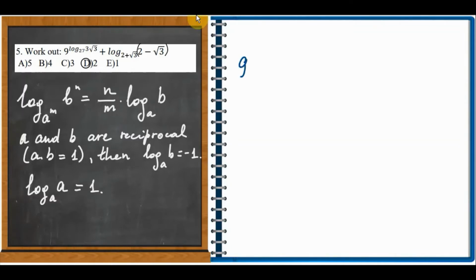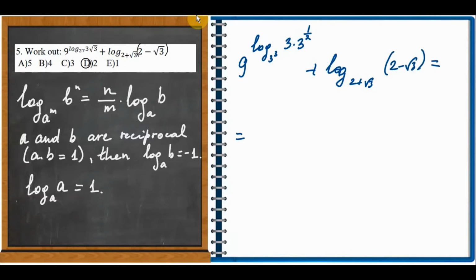Here we have 9 to the power of log 27, which is going to be 3 cubed. It's always useful to show all the numbers as powers. So 3 multiplied by 3 squared is going to be 3 to the power 1 over 2 plus log of 2 plus square root of 3, 2 minus square root of 3. Now we are getting 9 to the power of that 3. The power 3 will be in front of log. It will be 1 over 3 log 3, and in here we will get 3 to the power of 3